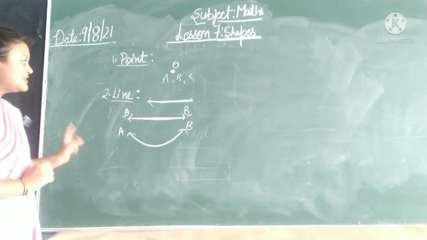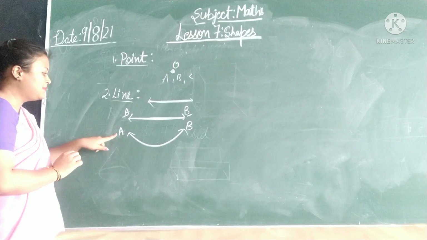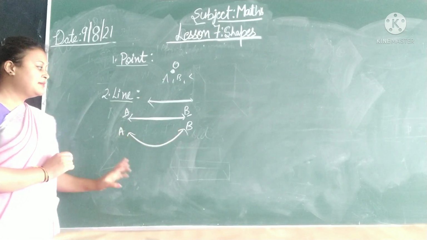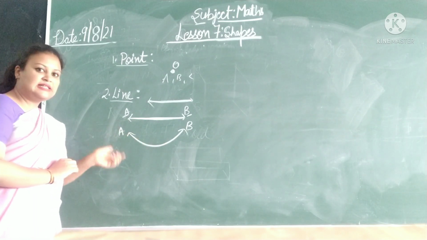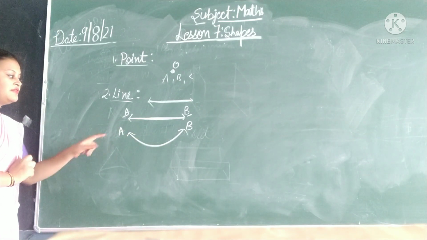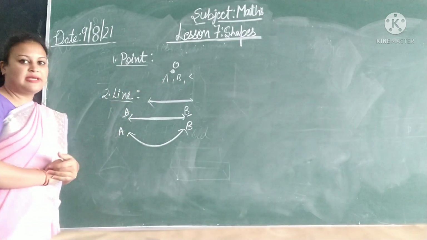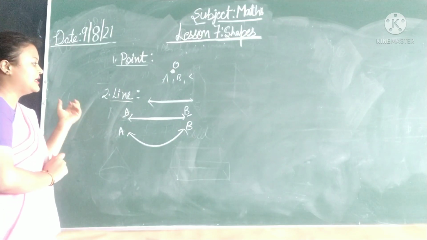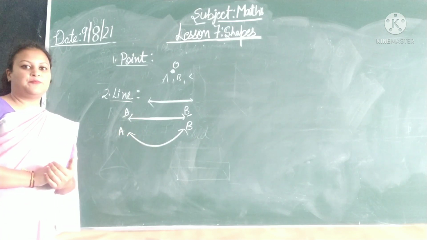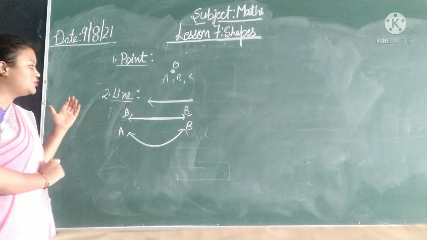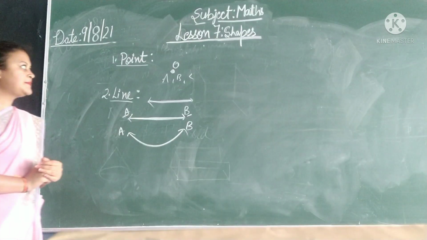Okay, so students, always remember to put an arrow at the end of the line and mark it also. You have to represent them with a symbol like AB, PQ, CD. Like this you have to represent a line with an arrow and a symbol. So a point is a dot which we make on a paper. Lines are of two kinds. One is a straight line and one is a curved line. And what is a line? When we join different points, then they will form a line.